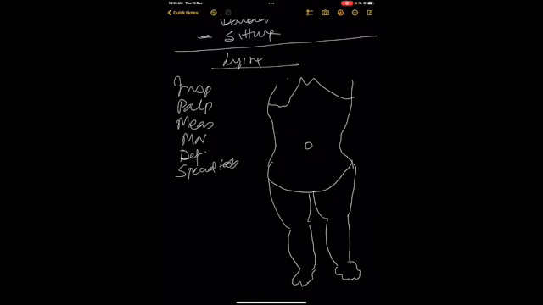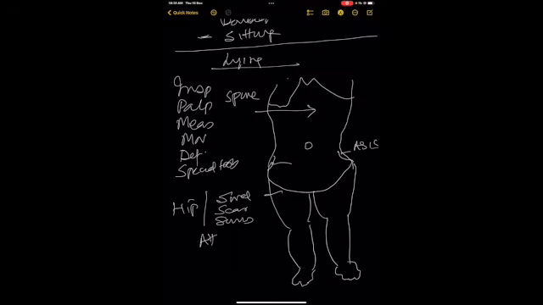So we begin with spine, level of the anterior spines, swelling, scar, sinus around hip, then attitude of hip, knee, ankle, foot